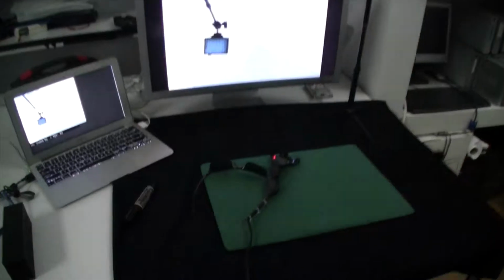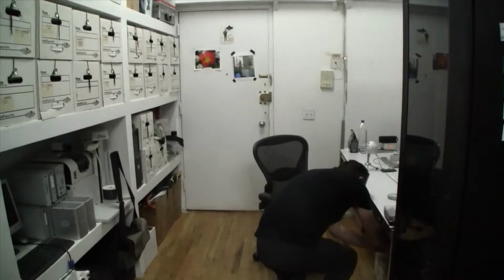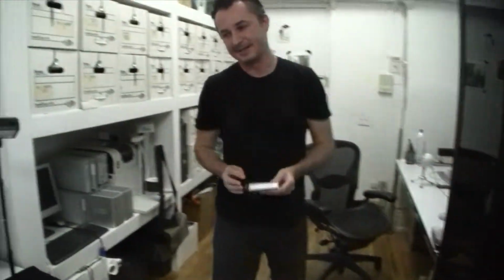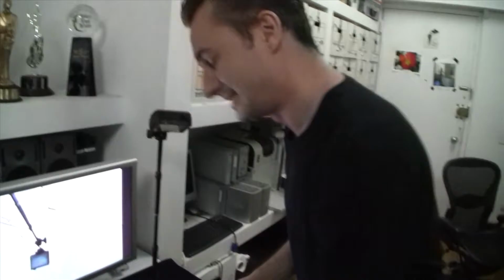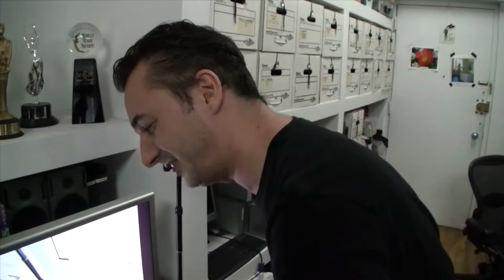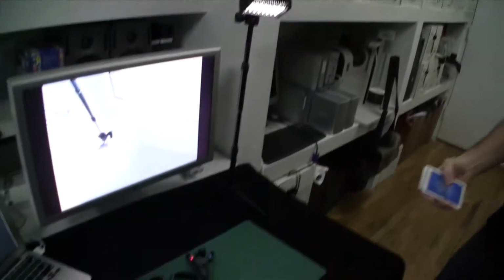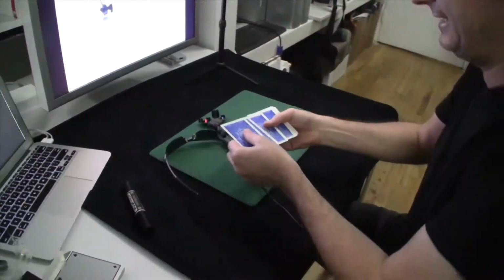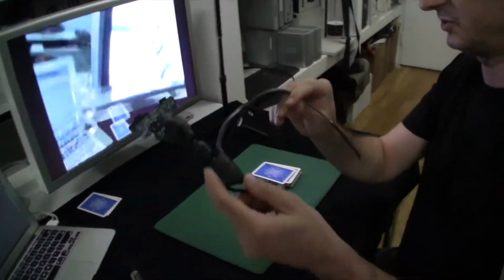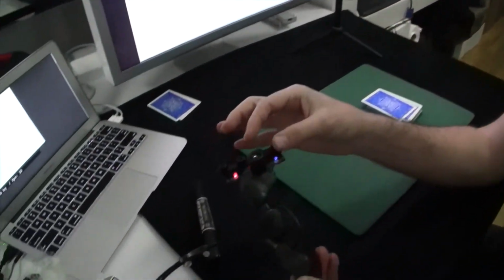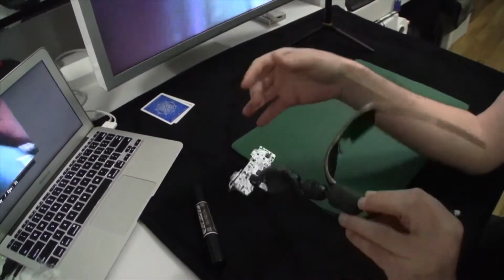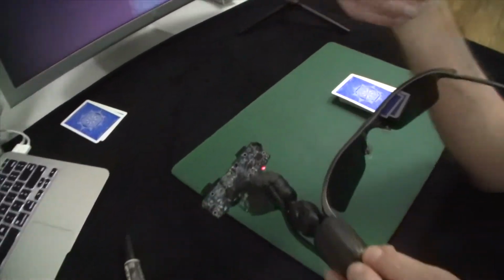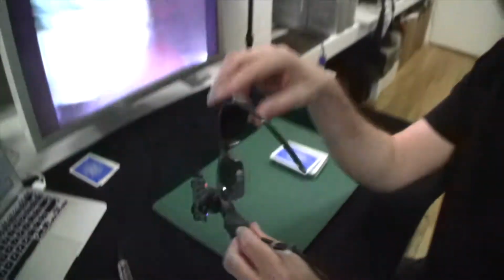What's this thing? Yeah, let me show you this. So this is something I always wanted to do. Let me get a fresh deck of cards. I always wanted to do something with playing cards and actually show audience members how it would be if they could have a glimpse into the mind of a magician when he does something as simple as a trick with playing cards. And the way I did this, or try to do this, is with this contraption. This is a super inexpensive PlayStation 3 camera. So this project is very much designed so students can do it at home.